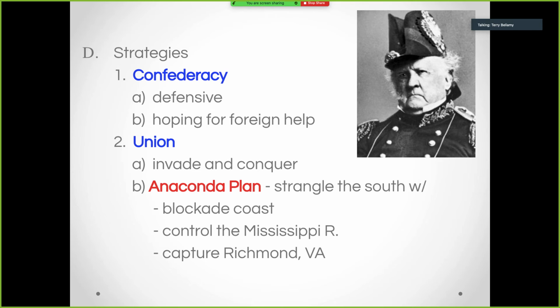Here's the thing. Richmond is only a few miles away from Washington, D.C. But one of the goals always of warfare is to capture the enemy's capital. When the capital falls, that usually means the enemy is near the end. Anybody ever play a paintball or an airsoft war and you play capture the flag? You got to get the enemy's flag and bring it back to your territory. Once you've done that, the game is over. It's sort of like a man-sized warfare version of capture the flag, with the capital being the flag.